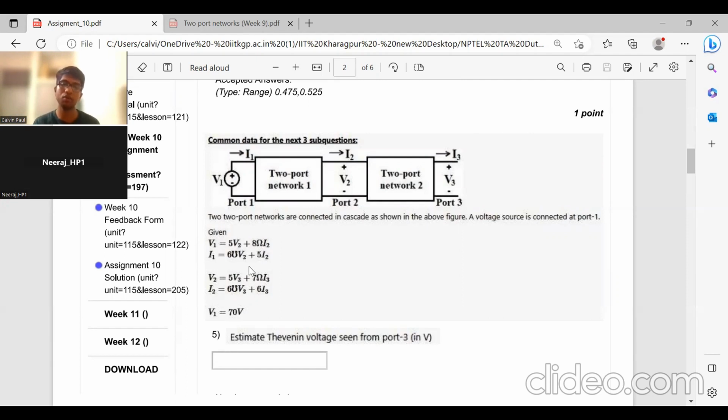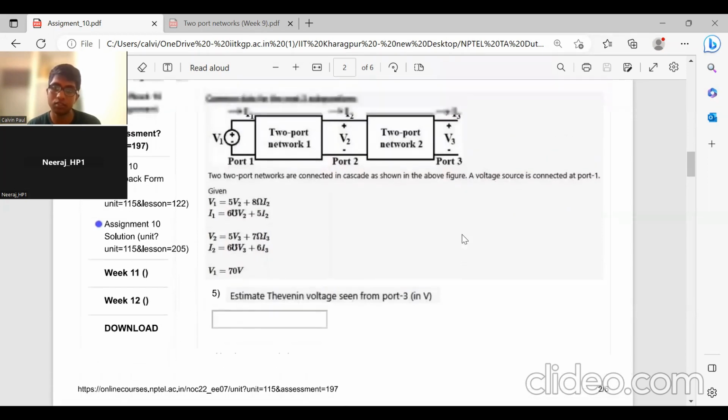So what we did is we found a total equivalent relation between V1 I1 and V3 I3. Once we found a total equivalent relation, we had to find a Thevenin's voltage. So for Thevenin's voltage, we made I3 equal to 0. After making I3 equal to 0, we found the voltage V3 over there. Okay, so that is the Thevenin's voltage. Similarly,